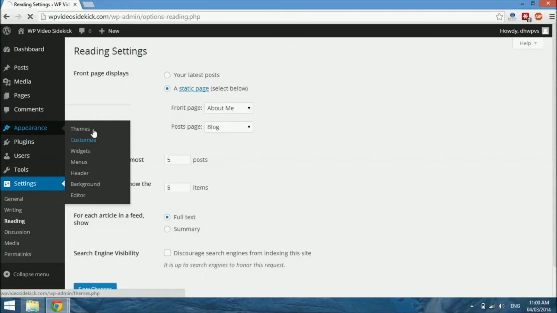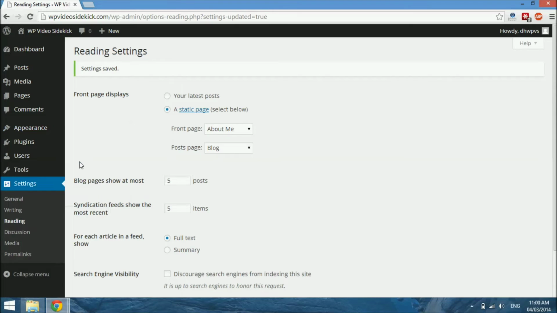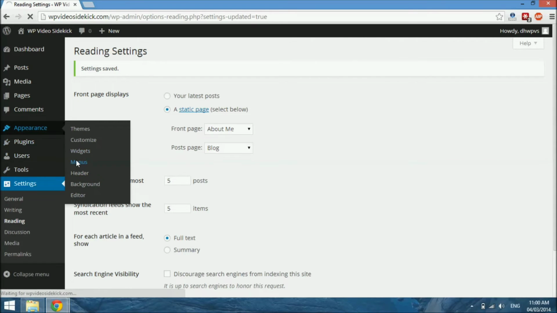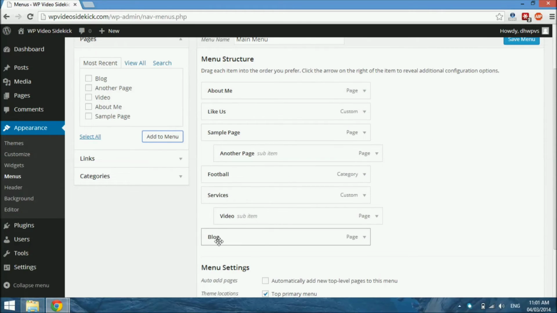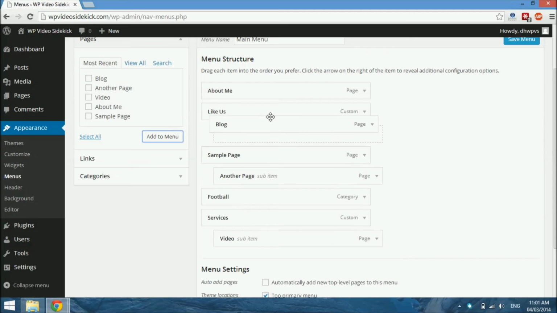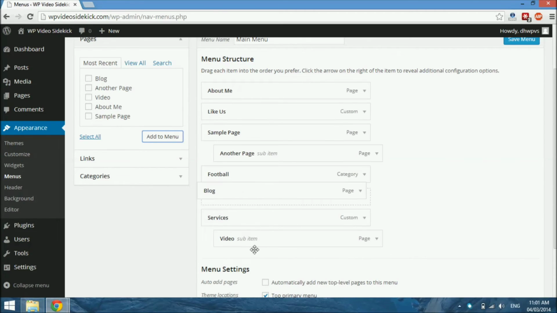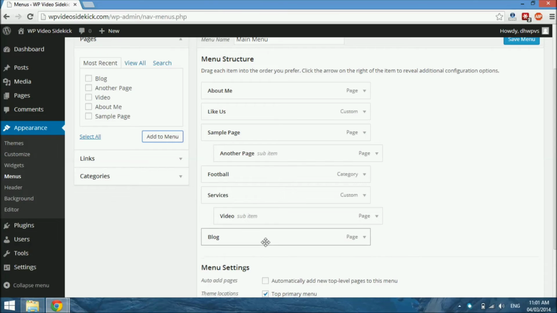There's just one more thing we'd have to do under appearance. We'd have to go to menus, because of course we are using a custom menu for our site. So for that page that says blog to show up, we'd have to add it to our menu. So just click add to menu, and we can of course drag this page to wherever we want it in the order, and I'm just going to leave it at the end for now. And if we save the menu